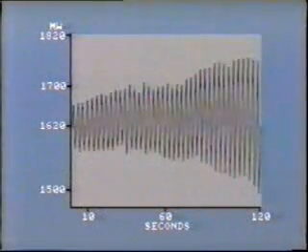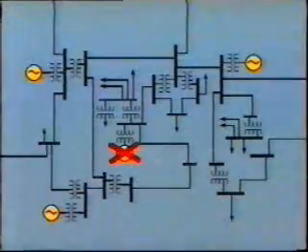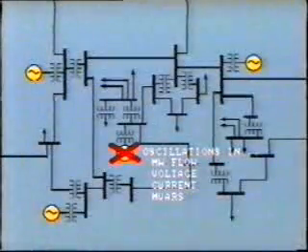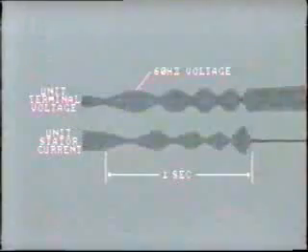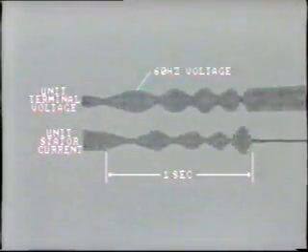However, sometimes the oscillations actually grow in magnitude with time. You will remember that we discussed this problem of instability in an earlier tape. When instability occurs, we will see oscillations not just in megawatt flow, but also in voltage, current, megavars, and system frequency. Oscillations in voltage and current show up as envelopes superimposed on the normal 50 or 60 hertz voltage or